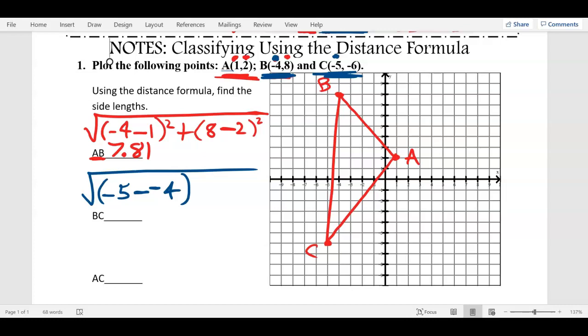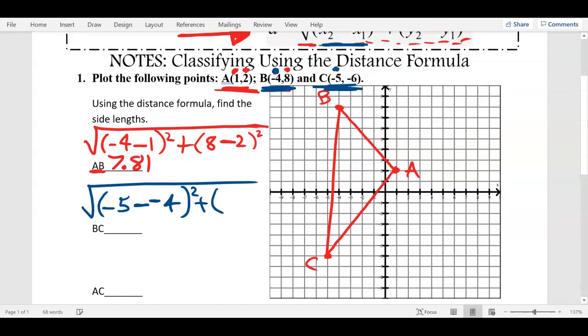Now, if you know about minus negatives, this could be turned into a plus sign, right? Which is fine. I just like to type it the way I see it, okay? If you turn it into a plus sign, just don't confuse things. Some people take the shortcut and get more confused. So I'm going to put squared now, plus